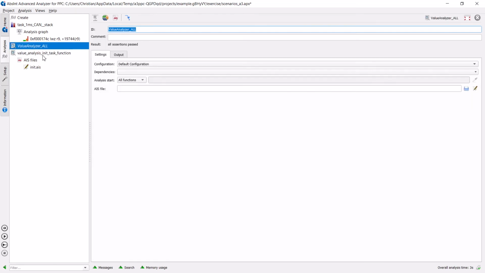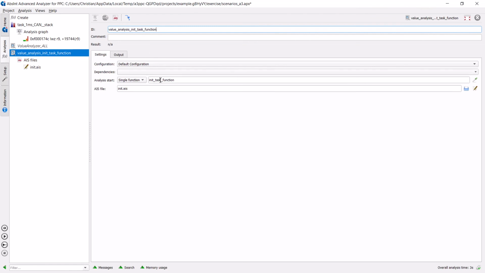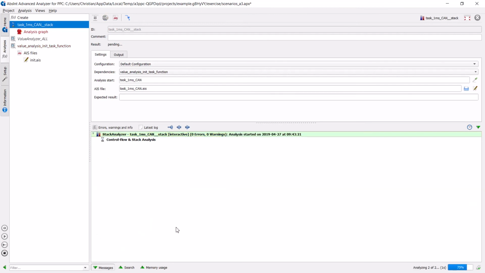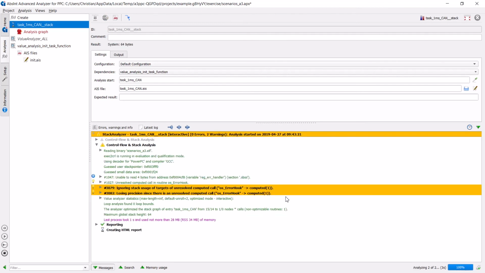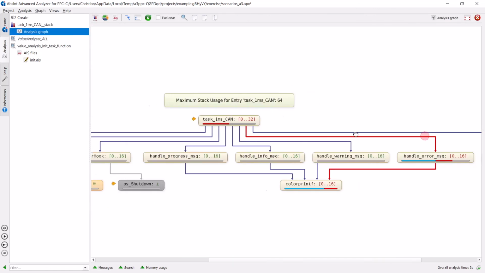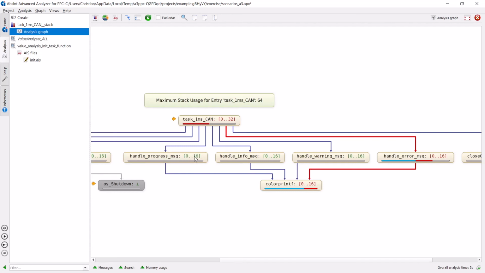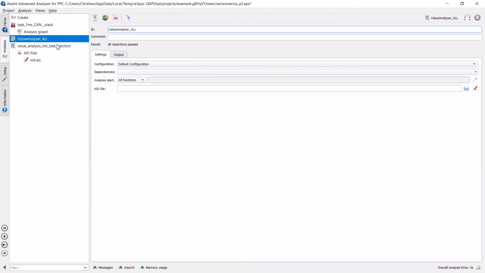And well, now I can connect this concrete initialization analysis with my 1 millisecond task analysis by introducing a dependency. I can say here, I'm depending now on my init task function. And if I redo the analysis, you will see that at least the first computed call has been resolved now correctly with extracting function pointer targets out of message handler table, because if I go back here